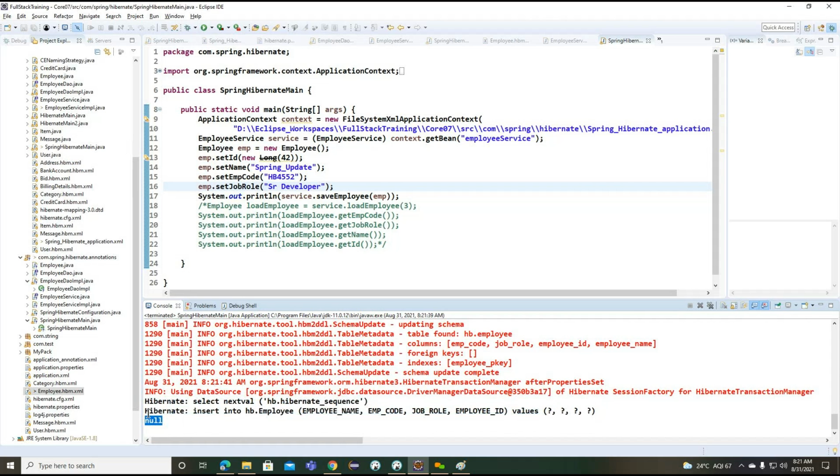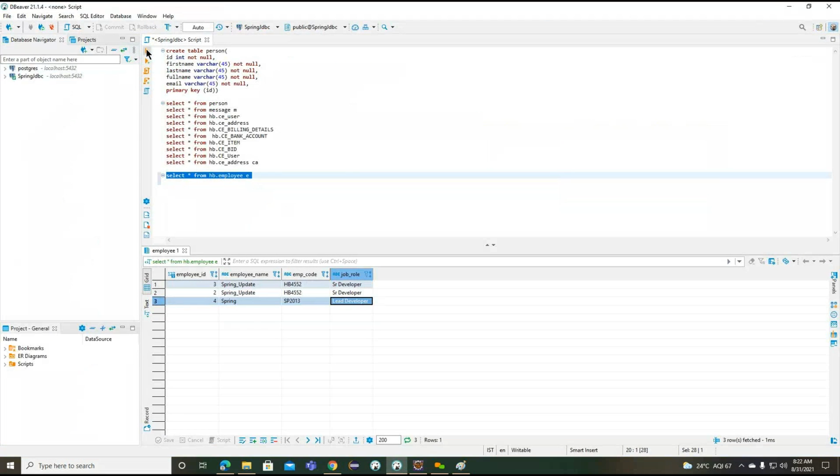Null is nothing but what the main method returns. In the service implementation we return null, because if we got an exception, we would see it here. We are not getting any exception, which means the data was inserted successfully. We'll see with 42.